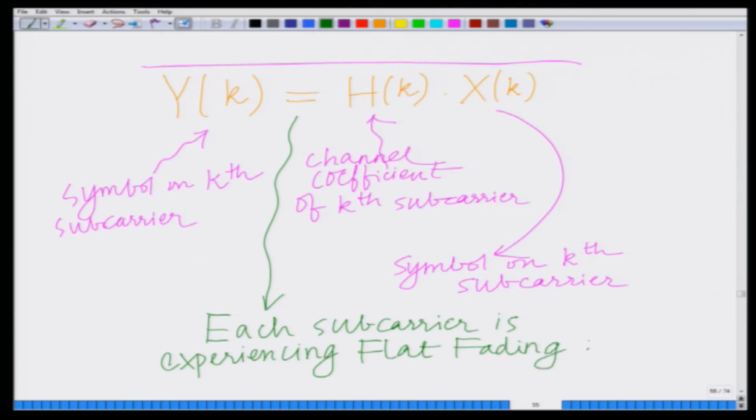Now you can see that each subcarrier is experiencing flat fading, because what do we have? We have y of k equals h of k times x of k. There is no frequency selectivity. The symbol x of k on the subcarrier is multiplied by the channel coefficient h of k to generate the output symbol y of k. Of course, we have ignored the effect of noise, but you can see there is no inter-symbol interference. Once we consider each subcarrier, there is no inter-symbol interference,